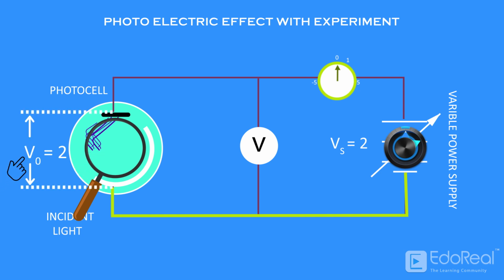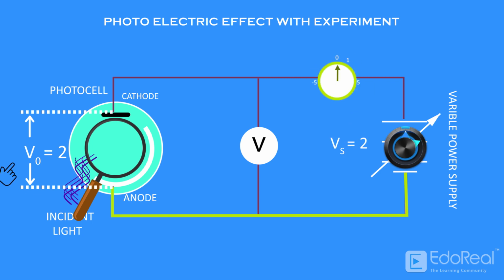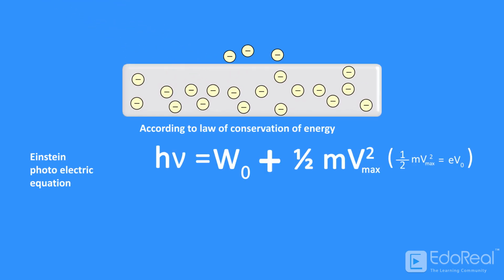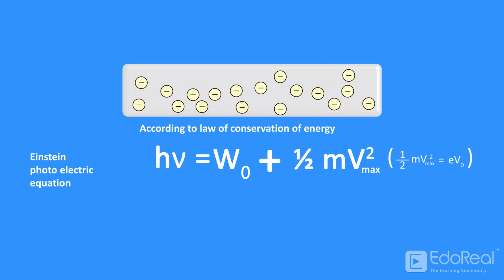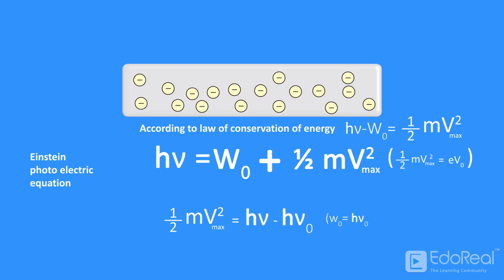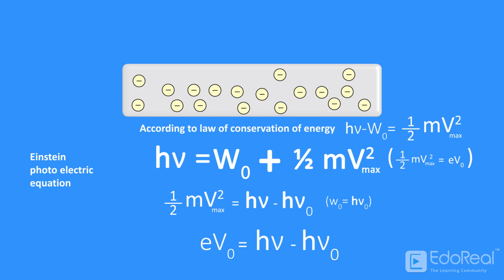Stopping potential: the potential difference that stops the electron from the cathode reaching the anode and reduces the current to 0 in the circuit is called the stopping potential. It is a measure of the maximum kinetic energy of the electrons emitted as a result of the photoelectric effect. It is essential to know the kinetic energy of the photoelectrons. The expression for stopping potential is given by: